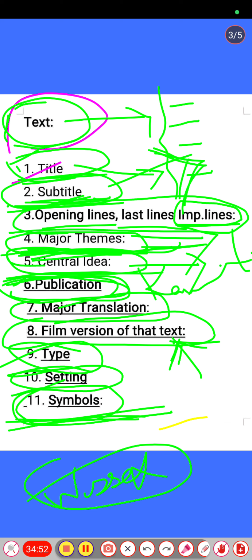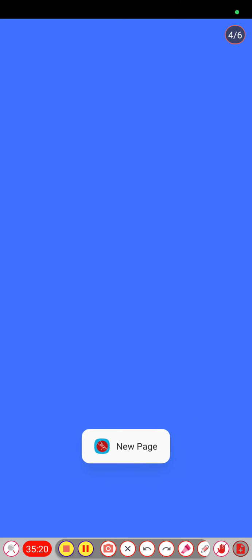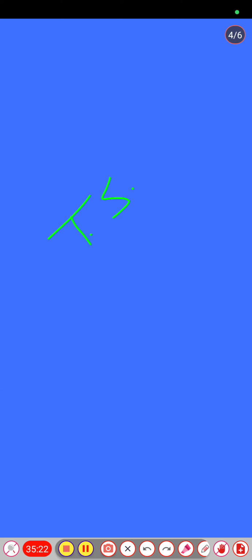Now symbols are always important, not for any exam, but to understand that text, because to express his or her idea, the author has used various symbols. Just like I told you, The Postman Always Rings Twice. So the postman here was poetic justice. That is the symbol used in the title, just like in the works of T.S. Eliot. Lots and lots of symbols that he has used, just like Vladimir Nabokov,